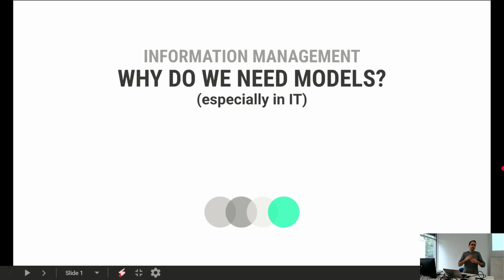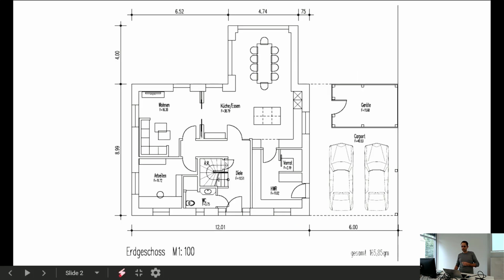All right, in the next couple of minutes, I would like to talk with you about why we need models, and this is focused on the topic of IT, of course. We are here in an IT-based module, so it will be focused on models that we use in IT in general. But I want to start with a very common model that most of you probably know,